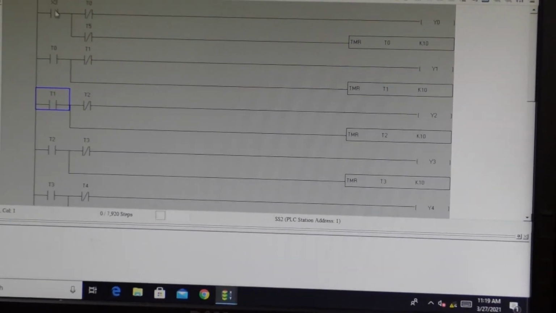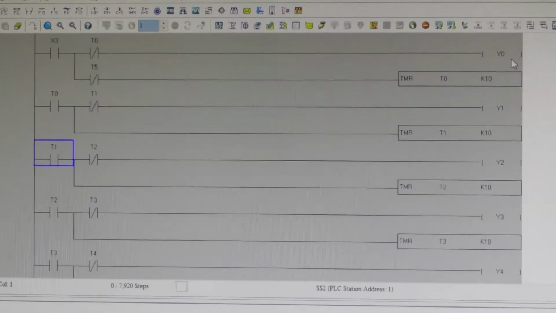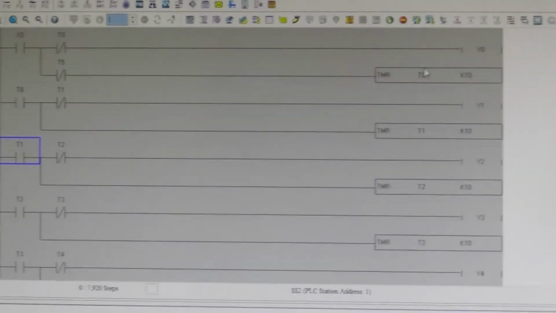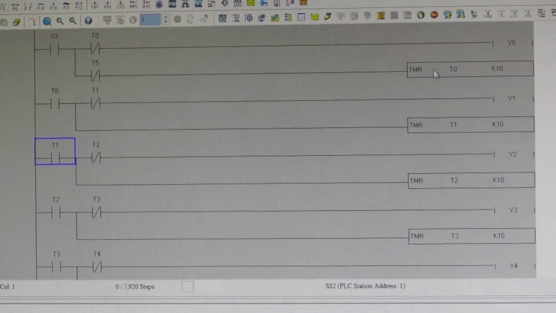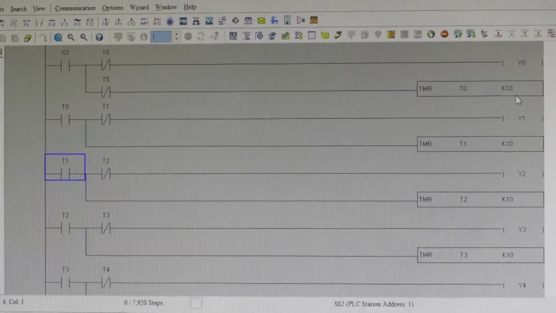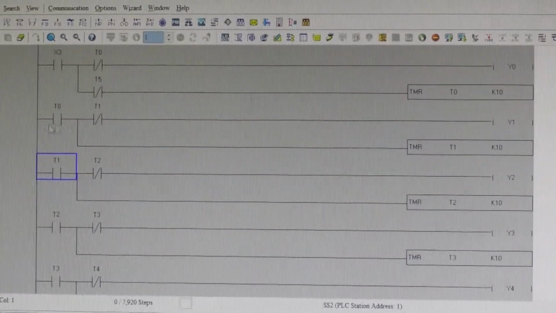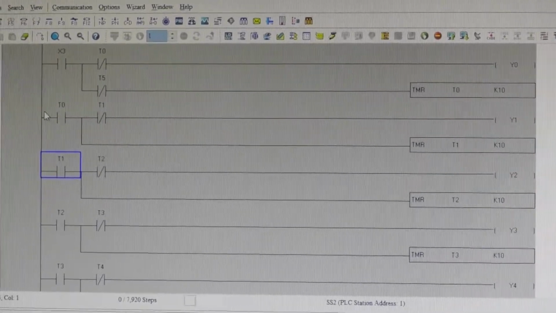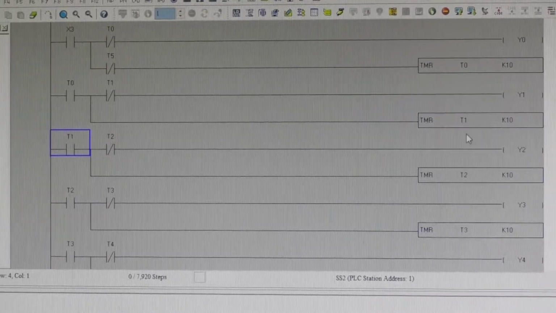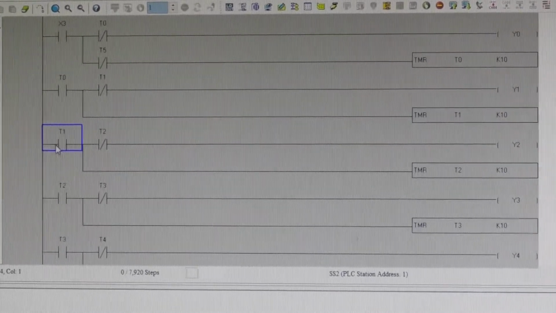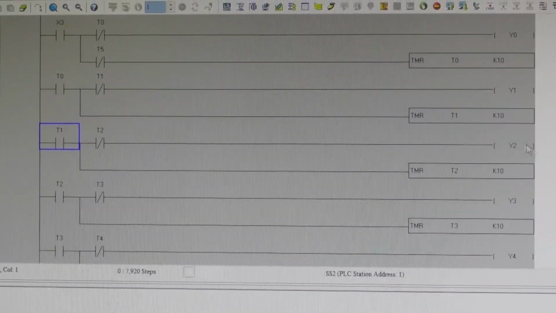So program is to blink the lights continuously. Okay. So X3, if I switch on X3, this Y0 will be switching on first. Then you can see that indicator is on. Then only this timer T0 will be on. It will count for 10 seconds. Then if T0 is on, this is a closed path now. Okay. Y1 will be switched on. Next, similarly, T1. If T1 is on, here there will be a closed path again, and you can see the output indicator here.